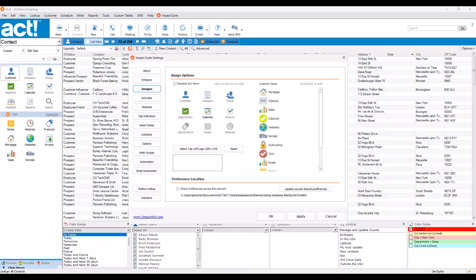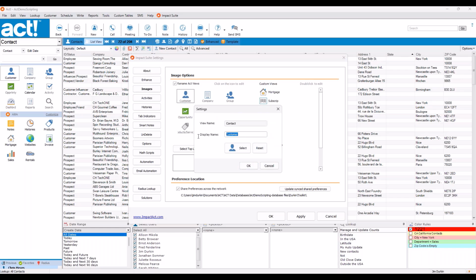So that's under the images. And again, it's under images because I may want to change that icon. So again, here's customer, right? And I'm going to select the icon. If I hit select,